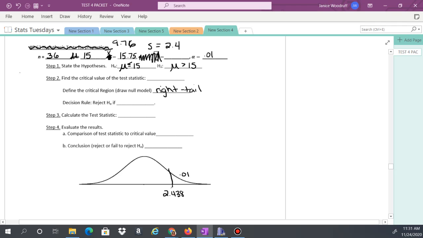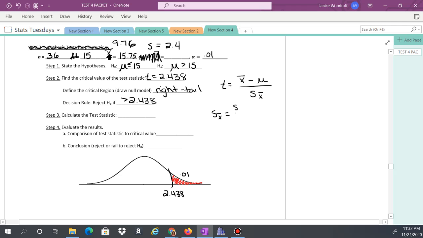2.438. So we're going to run the test, and we're going to reject if we get a value greater than 2.438. Okay, so to calculate the test statistic, we want to do x bar minus mu over the standard deviation of x bar. Before we do that, we have to find the standard deviation of x bar,